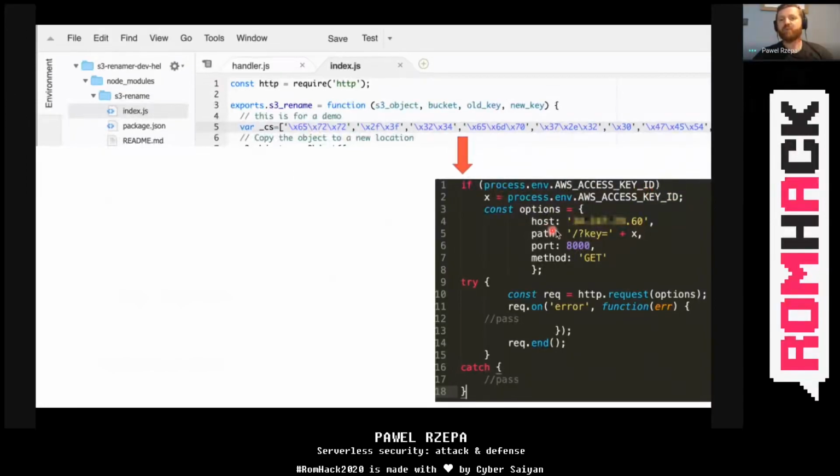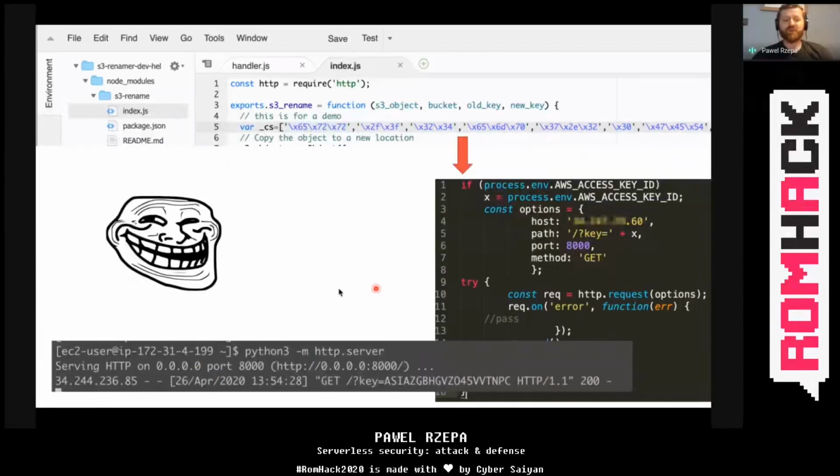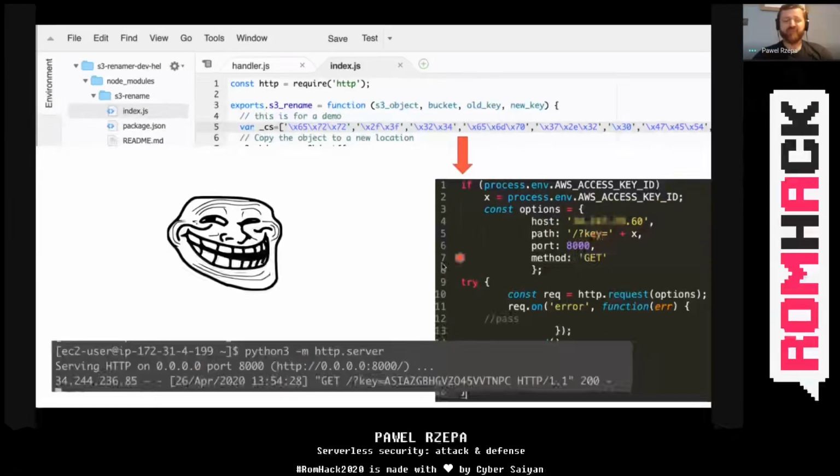And if so, it sends the value of this variable to this IP address in the key parameter using a GET request. And guess what? Guess who's the owner of this server? Of course, it was me, and I created this package just for the demo purpose of this presentation.